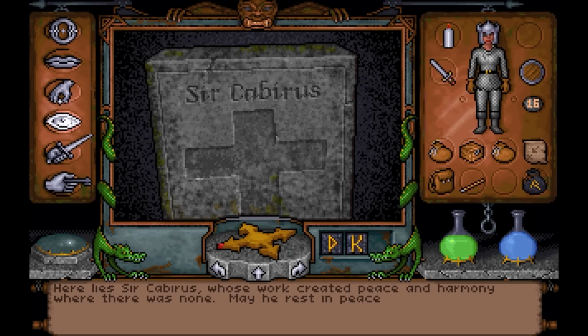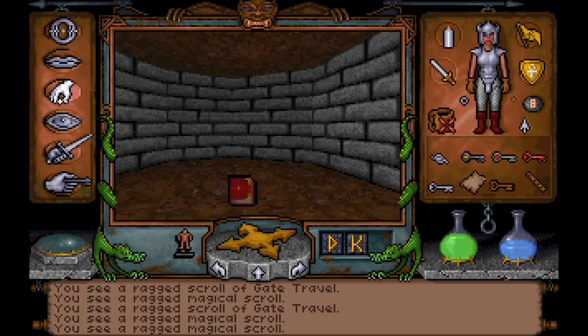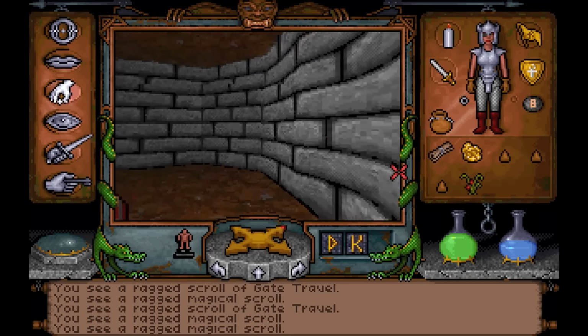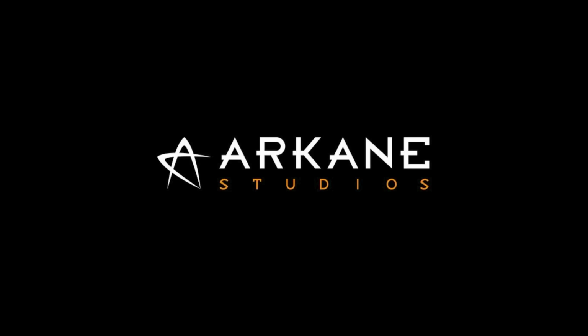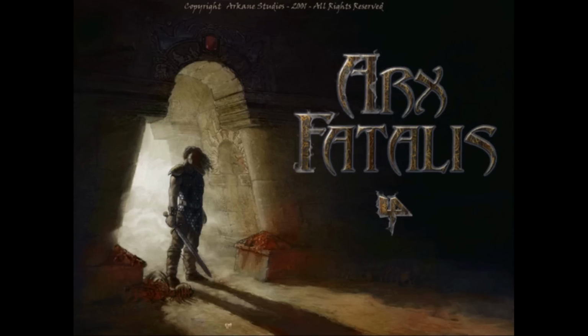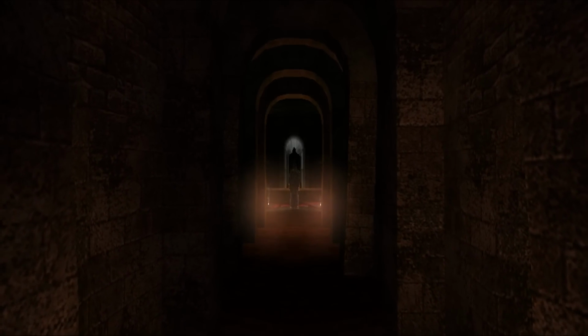Ultima Underworld is in many ways a legendary game which transformed the RPG juggernaut of Ultima into the first-person view, resulting in a classic dungeon-crawling experience. In 2002, Arcane Studios released a spiritual successor to the Ultima Underworld series, titled Arx Fatalis. As usual, I'll be starting with one of the versions currently available, and that is the one downloaded by default